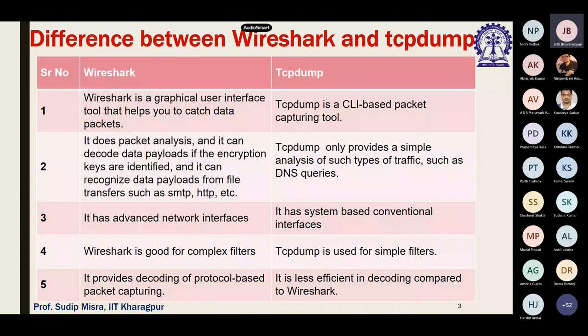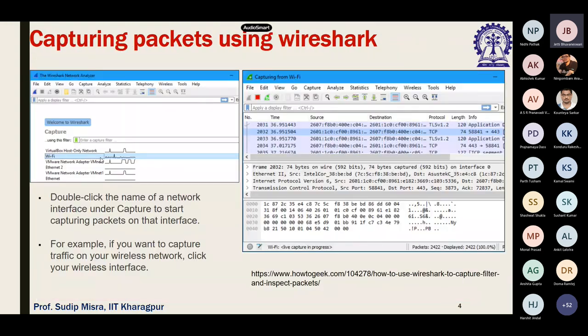So let us try to understand how Wireshark works. I will give you a demo, but before the demo, let me show you some of the important interfaces of Wireshark. So first of all, before this,